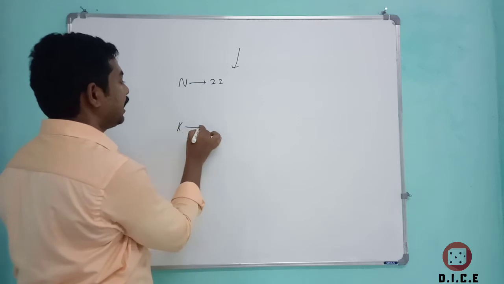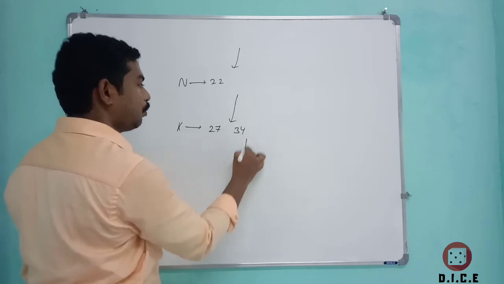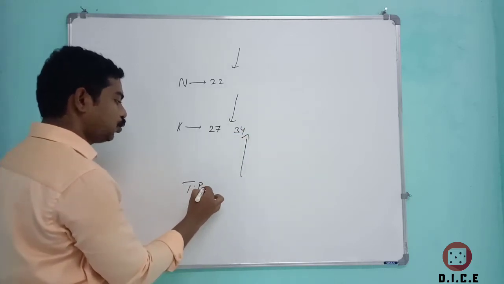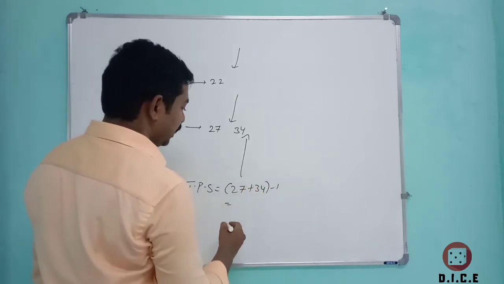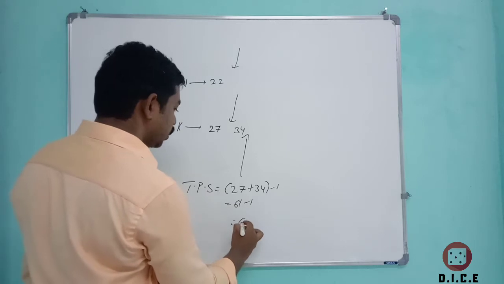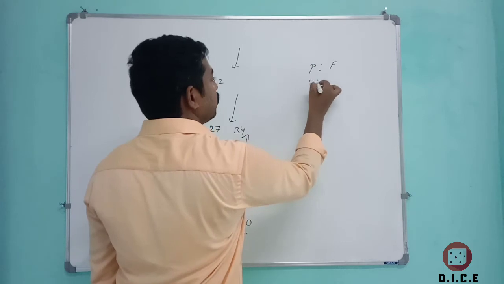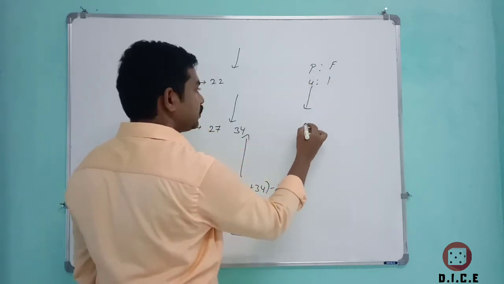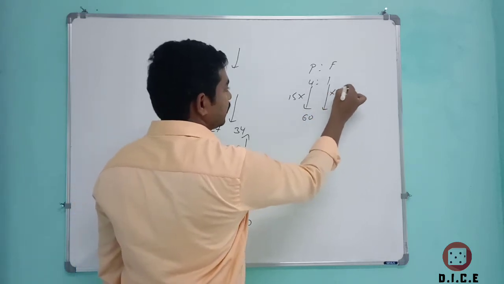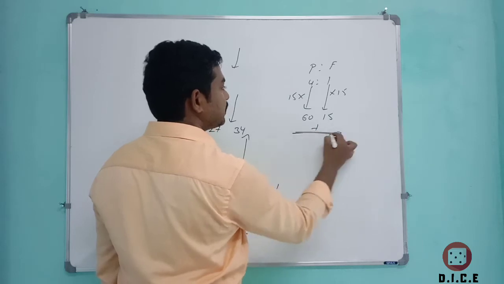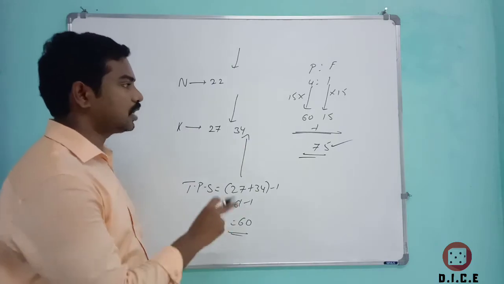That means Kalyan will be 22 plus 5, that is 27 from the starting, and Kalyan's position is 34th from the bottom as well. Therefore, the total passed students is 27 plus 34 minus 1. That is 61 minus 1, that is totally 60 students passed. Therefore, the ratio of pass to fail students is given as 4:1. As you get, the passed students will be 60. Therefore, 4 parts are 60, so 1 part will be 15. Therefore, total students is 60 plus 15. The total of failed and passed students is 75 students in the class.